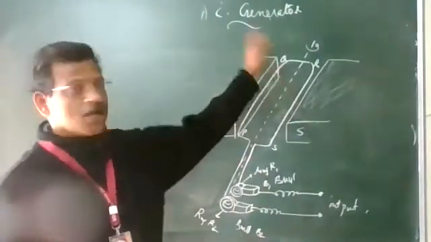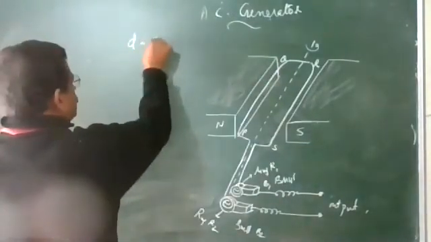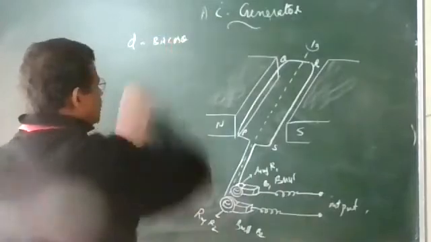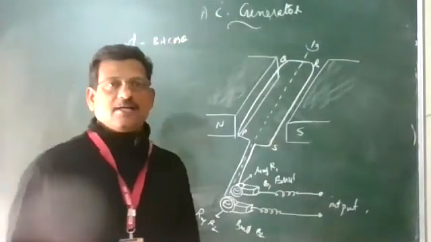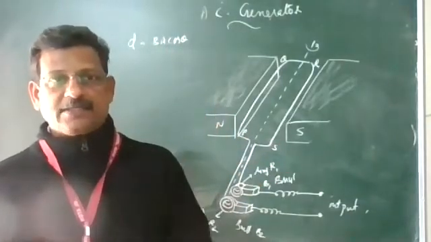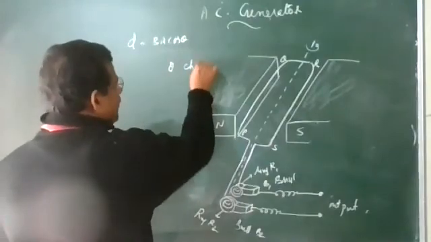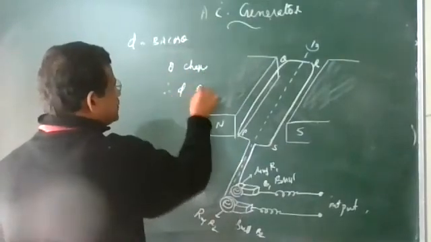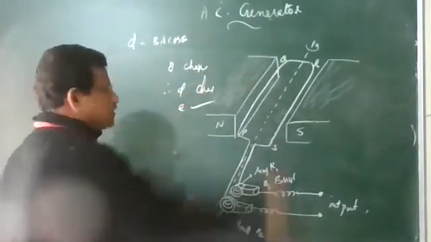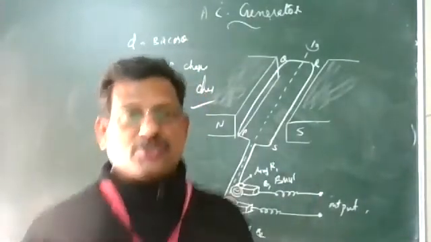So this is the way the coil will rotate. The flux is given by phi equal to BA cos theta. Here theta stands for the angle between the area vector and the magnetic field vector. So as the coil rotates, theta changes, therefore phi changes, and hence EMF is induced. So principally it is based on electromagnetic induction.